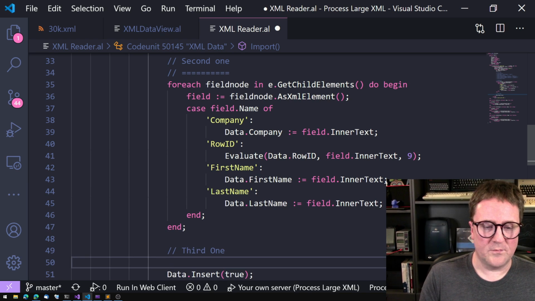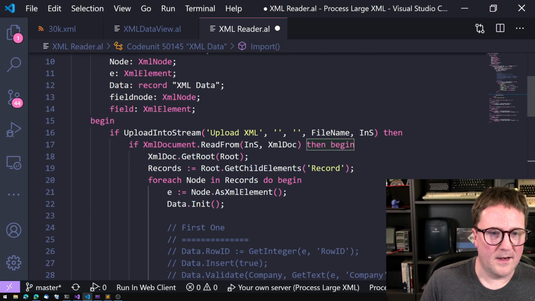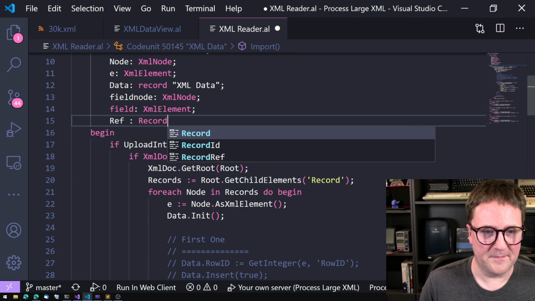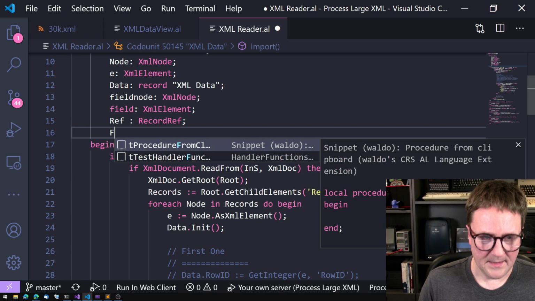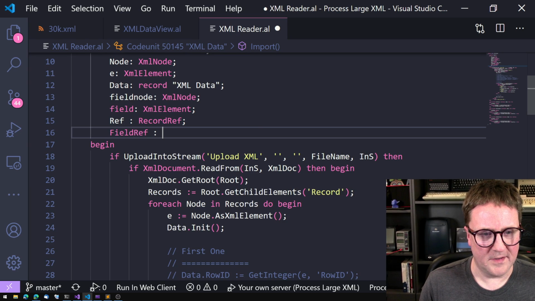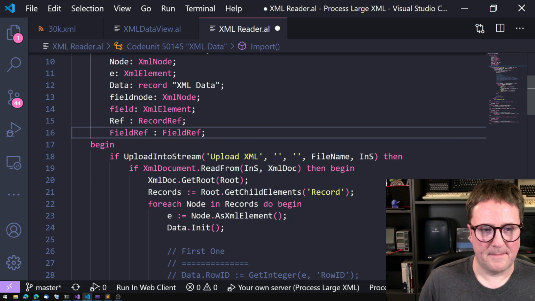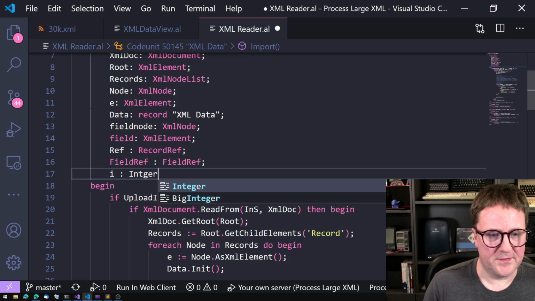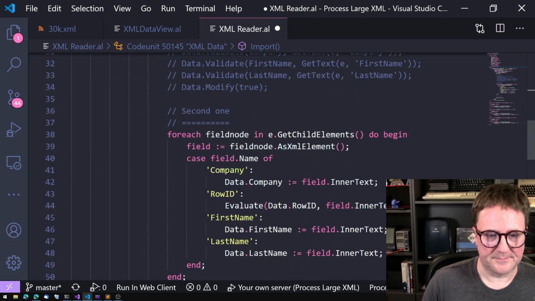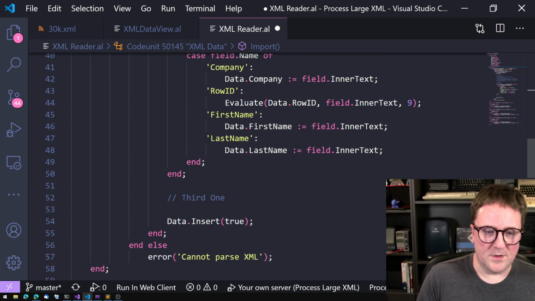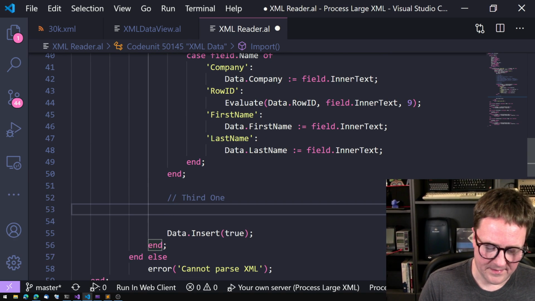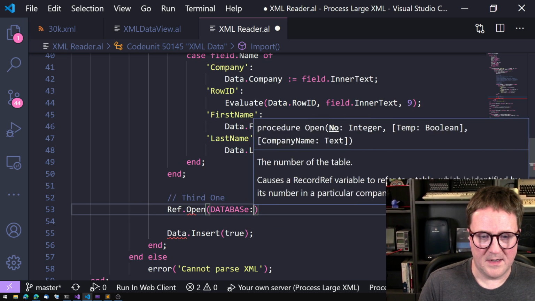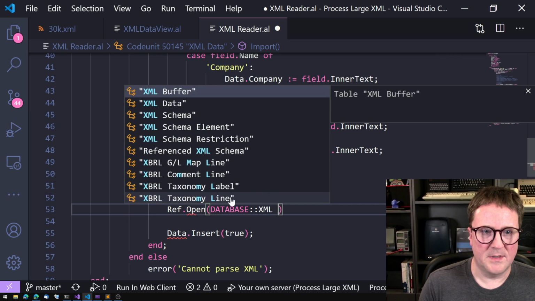So what we can do, and some of you might guess, let's introduce a RecordRef and add a field ref because I'm gonna need that in a second. And I think I need an integer just to do some looping. So what we can do here is ref.open database XML data,